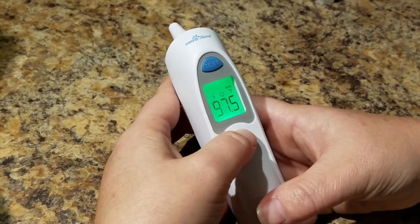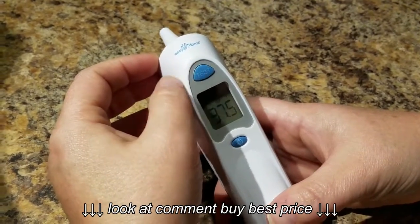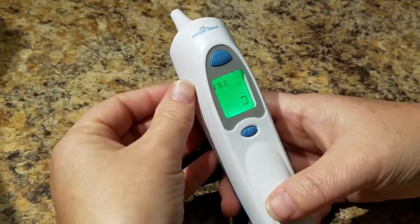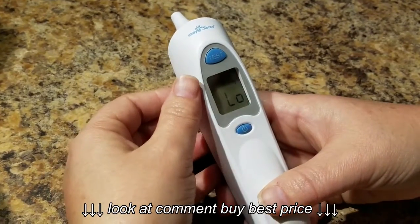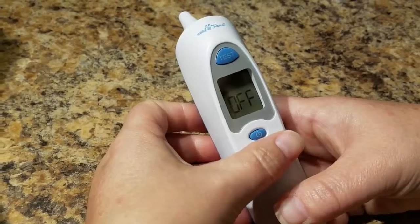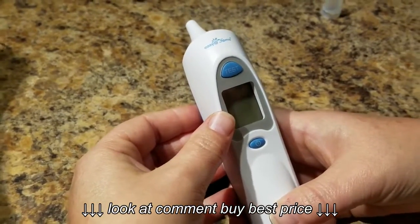Now basically, to get out of the memory function, you just hit the test button, or if you need to take another temperature, you just hit the test button and it's going to take you back there. So you're ready to take another temperature, or you can just hit the power button to turn it off. And that is my review for the Easy at Home